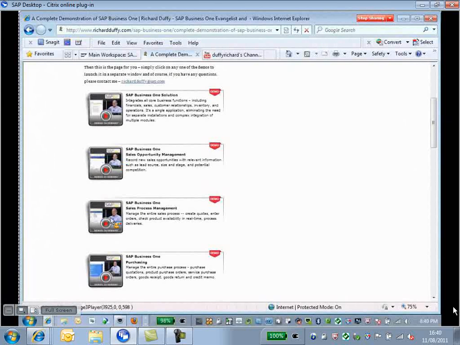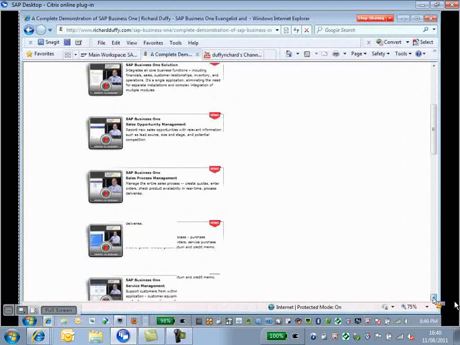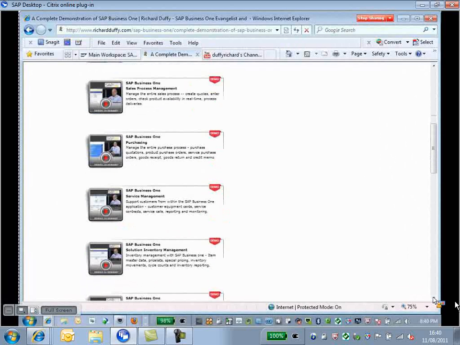The sales process management demonstration takes you through the entire sales order process, from quotations through to orders, deliveries, invoices, and even explains the returns process. Purchasing takes you in detail through the purchase ordering process, starting from requisitions, moving through to purchase orders and accounts payable invoices. The service management demonstration takes you looking at all the different aspects of service management, from customer equipment cards through to service calls,